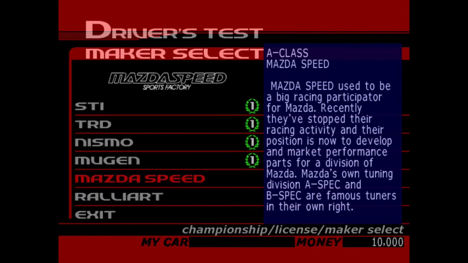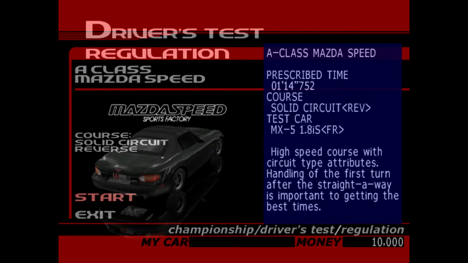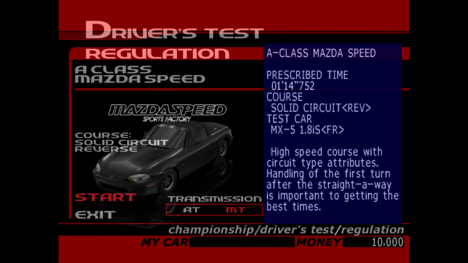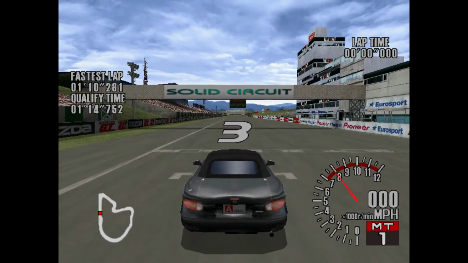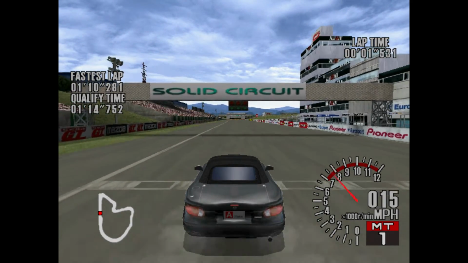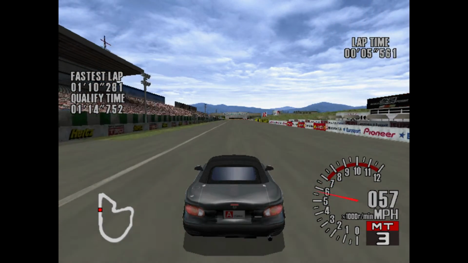Anyways, second last one, Mazdaspeed, and wouldn't you know it, I was right. It is another MX-5 Miata, the 1.8 IS, around a reverse solid circuit. So basically, a more powerful Miata. We go from a 1.6 to a 1.8 liter. And this has an S in it. The other one didn't have an S, so you know the S means super. I don't know. Basically, it's a faster Miata, so...